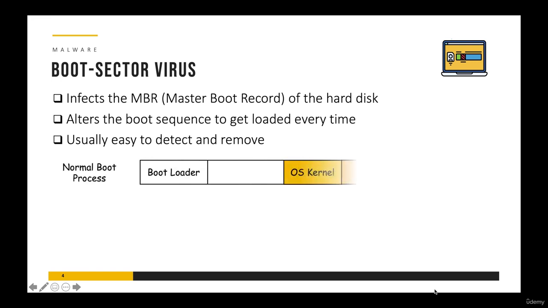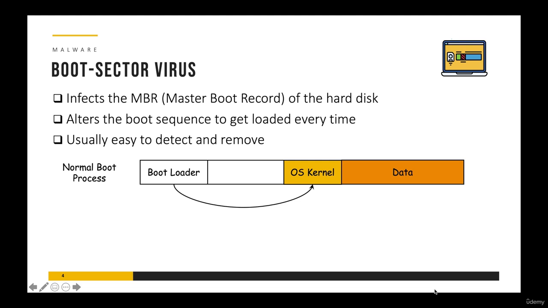Now let's see how the normal boot process works. You always have a bootloader which basically loads the OS kernel. Now remember, the kernel is a part of your operating system which is always loaded in the memory. You can consider it as the brain of your operating system, because the operating system is really huge. It contains a lot of stuff, it contains a lot of drivers, firmwares, and so on. But the core of the operating system, the brain of the operating system, is the kernel, which is always there